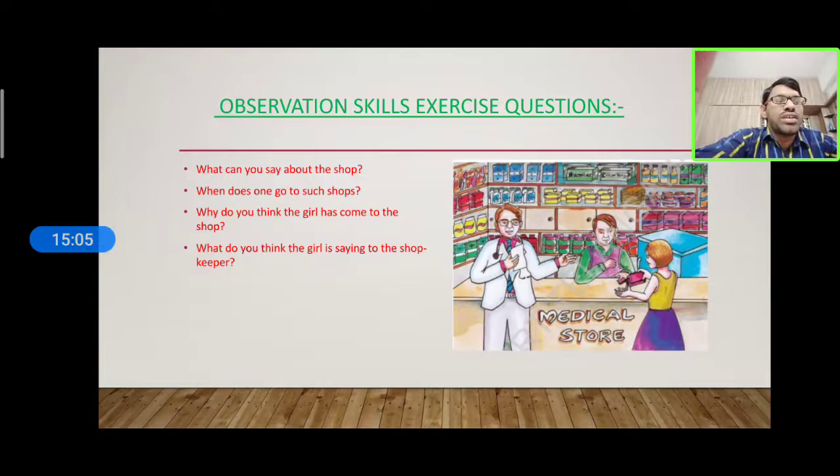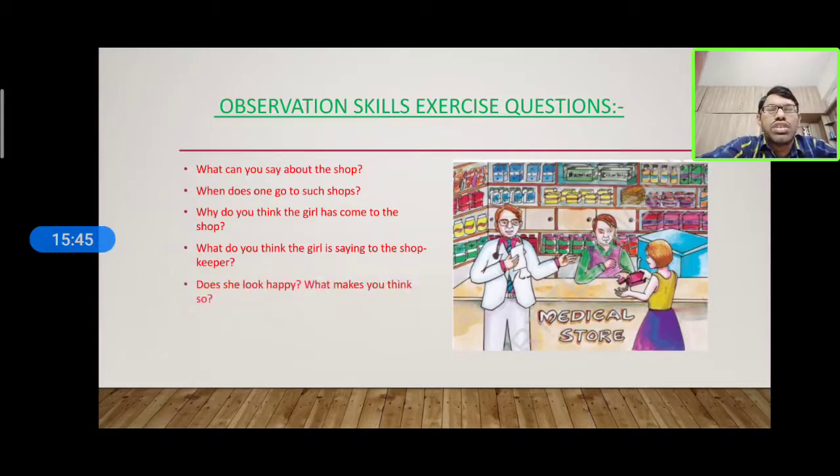If you see in the little girl's hands, there is a box, and she was taking out the money. She was asking for some medicines, is it right? So she needs some medicines, and she was asking about them. Can you please give me any type of medicine which will cure her family member. Like that the girl was asking.